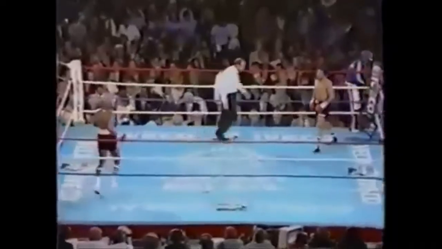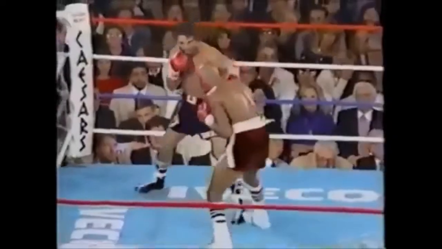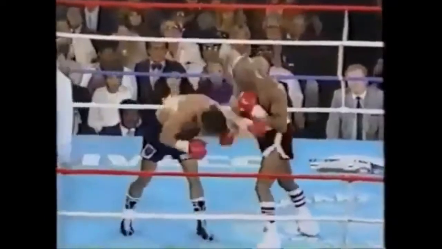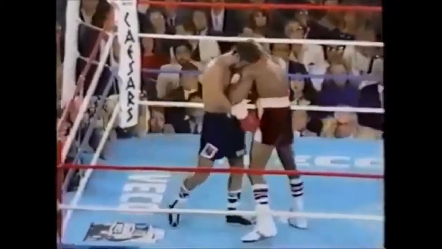After going toe-to-toe, by going right to Duran. Right hand by Duran on head. He's been blocking a lot of punches. He has shown good defense in this fight. Better, I think, than Duran expected. Duran breathing very heavily, and I think...